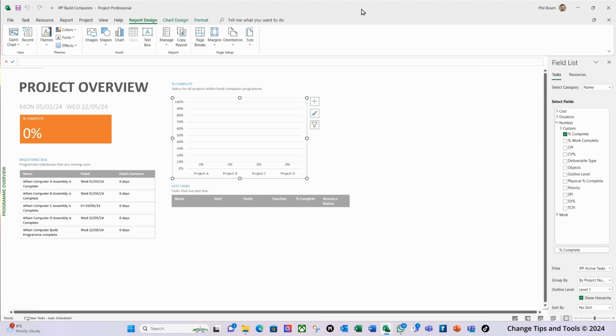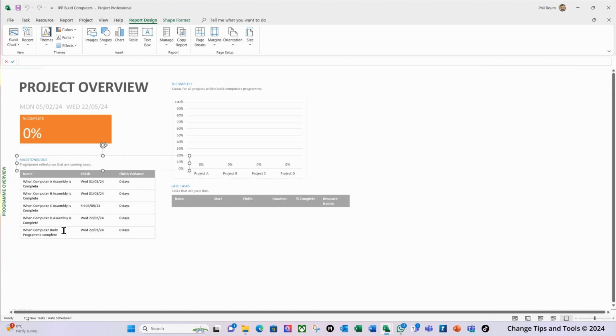Next, I want to add some cost information on here. So I'm going to add, what is my overall costs, what's my remaining costs, and do I have any variance? And I'm going to place it over here. And I'm not going to create it from scratch. So what I'm going to do is I'm going to take this and this, and I'm going to move it